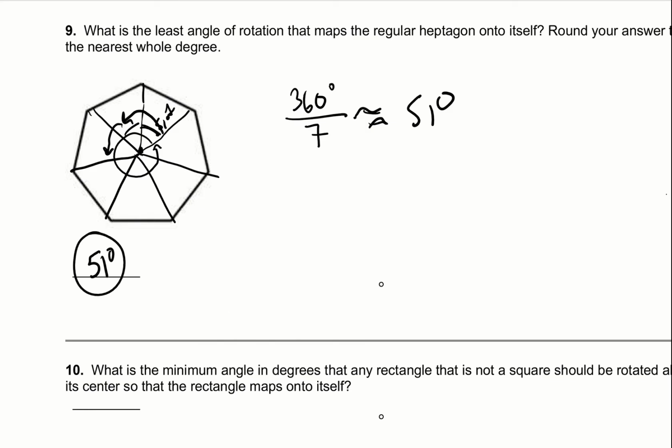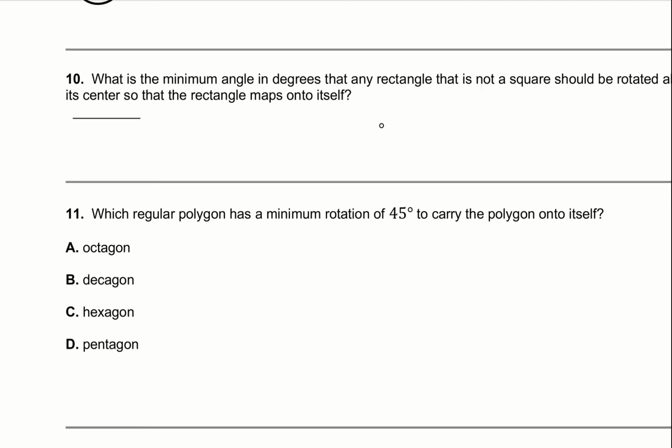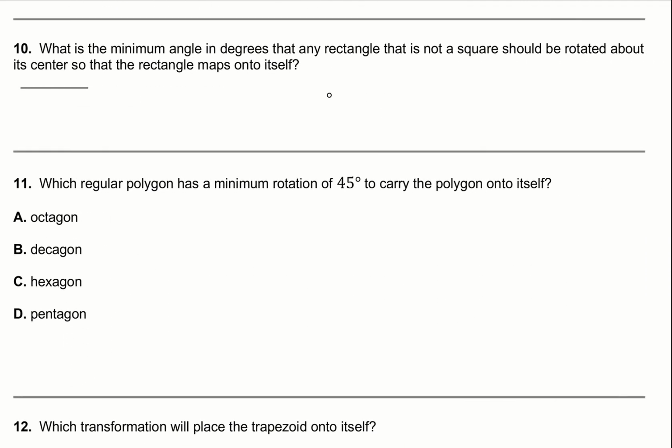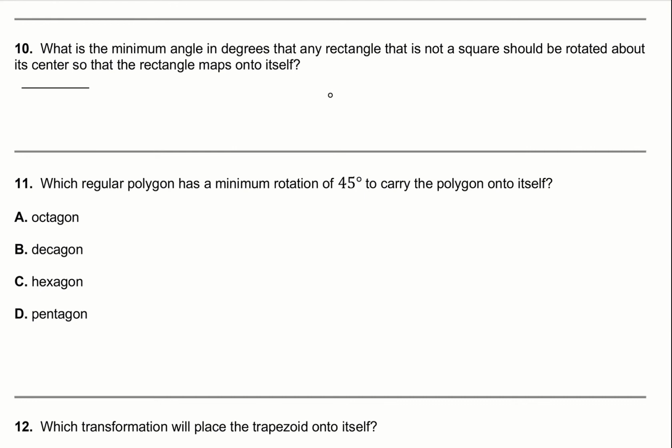And so we could say that the angle of rotational symmetry is 51 degrees, around there. What is the minimum angle in degrees that any rectangle that is not a square should be rotated about its center so that the rectangle maps onto itself? So if you have a rectangle that's not a square and you want to rotate it about its center,